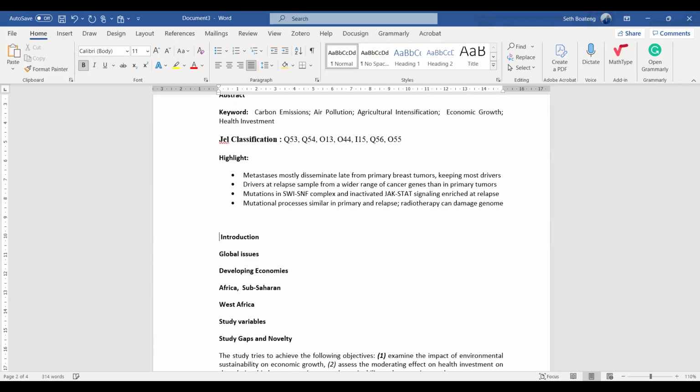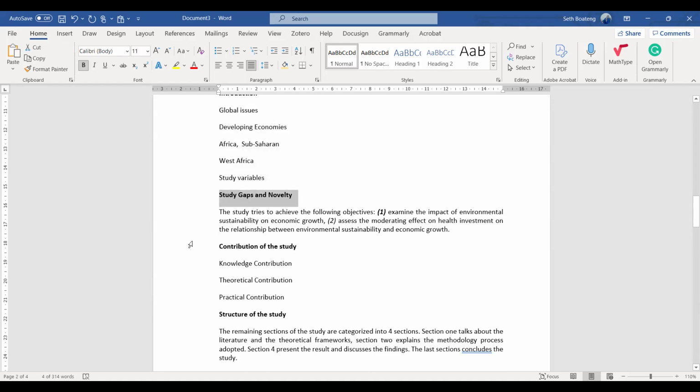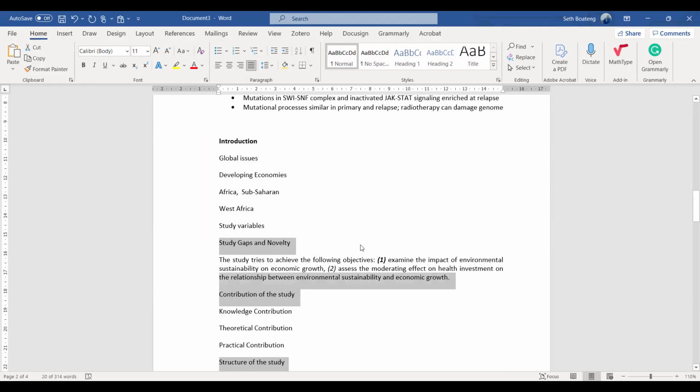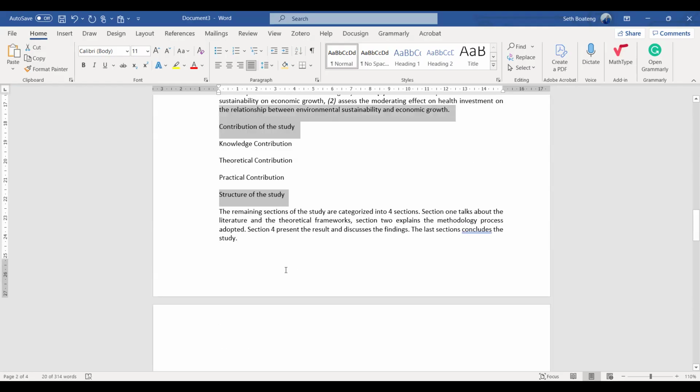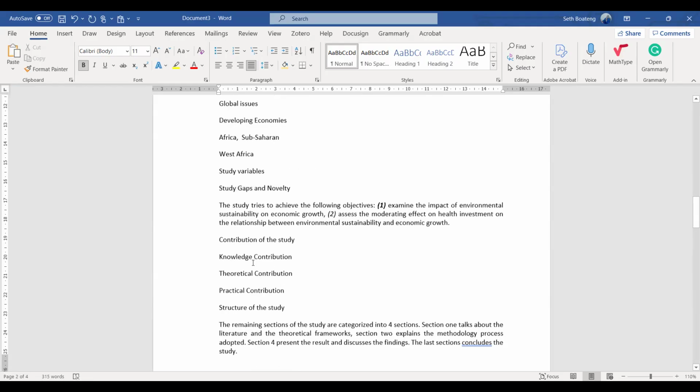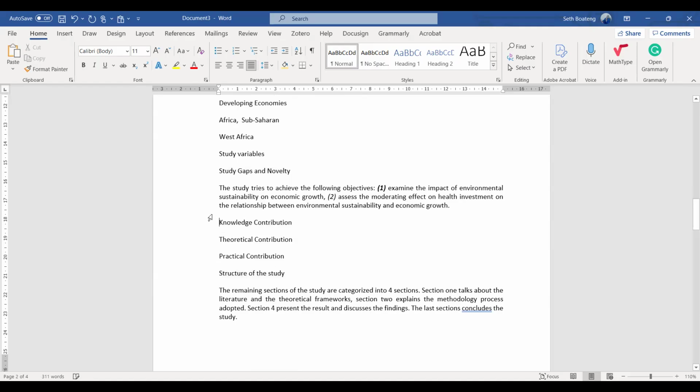If you are using numbering, you can write everything under the introduction like this. Or some studies also do this: they will write the introduction 1.1 and write everything and leave the contribution and the novelty out.